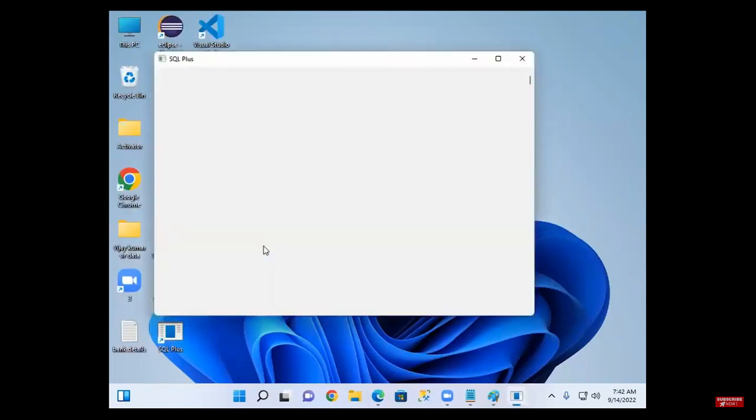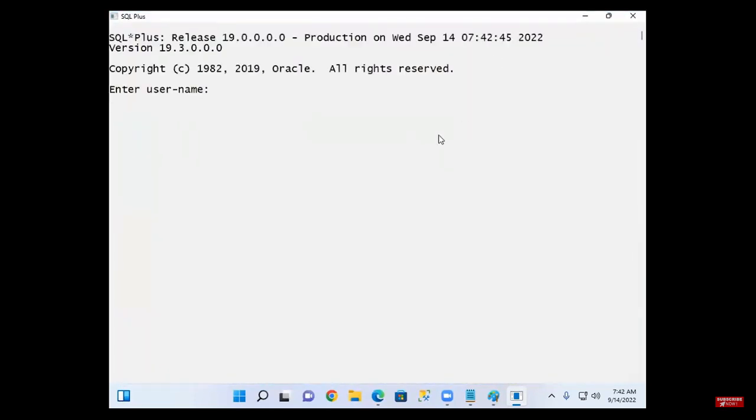Let's see what it will ask. You have to provide a username and password. Without providing the user ID and password, you cannot connect to the database. So is the database public or private? Private memory. Not everyone can access it.